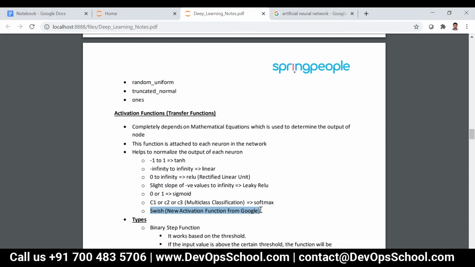If you use tanh as an activation function, your output ranges from -1 to 1. If you have the activation function as linear, your output ranges from -infinity to infinity.